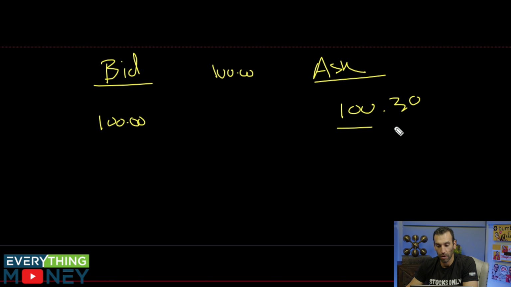You're going to get it for $100.30 because that's the going rate. That's the ask of the market at that point in time, right? So you're going to see it in your computer. It's going to execute. You're not going to get it for 100, what you wanted it for or what the stock price was at. It's going to jump to $100.30. Maybe this is an extreme example, but I just want to show you what happens. It's going to jump and you're going to get it for $100.30, especially if it's a stock with very low